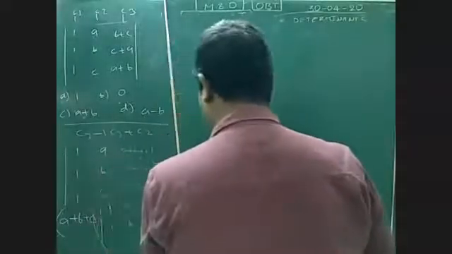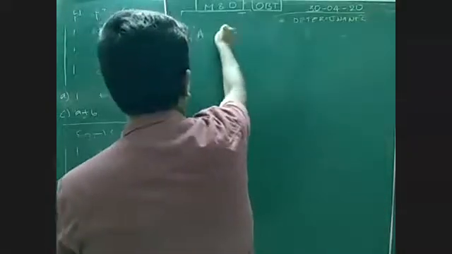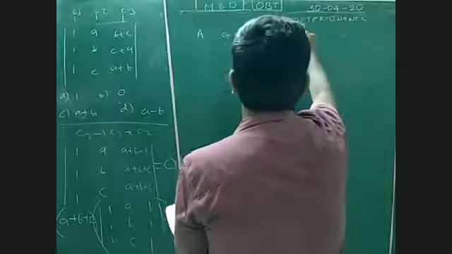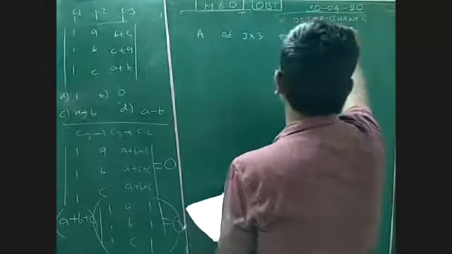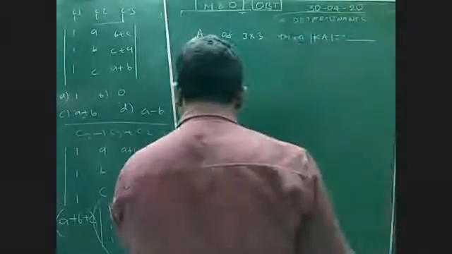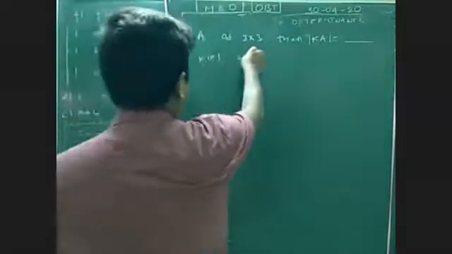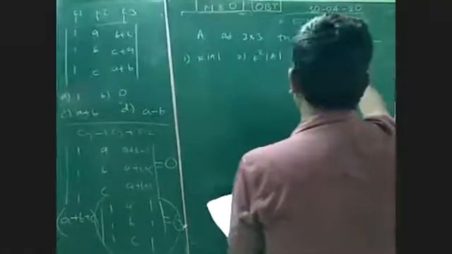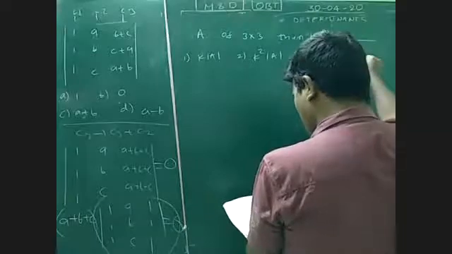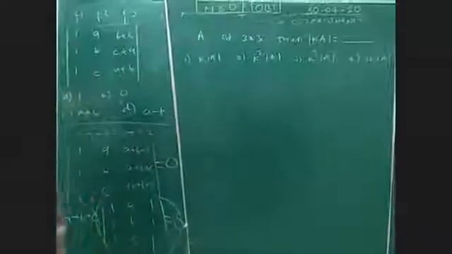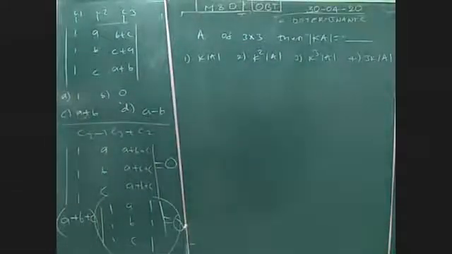Next. Everyone try to say the answer here. A is a square matrix of order 3 by 3. Then the determinant of kA is equal to what? Can anyone say the answer? They gave different options: k into det A; second option, k square into det A; third option, k cube into det A; fourth option, 3k det A. Which one of the options is right? This is a direct objective question.